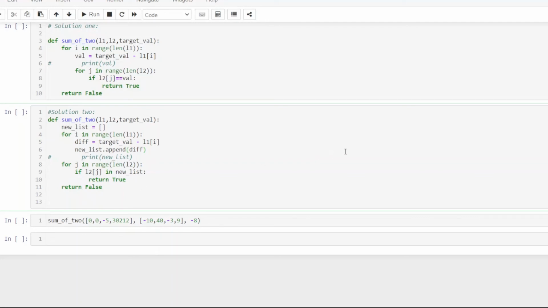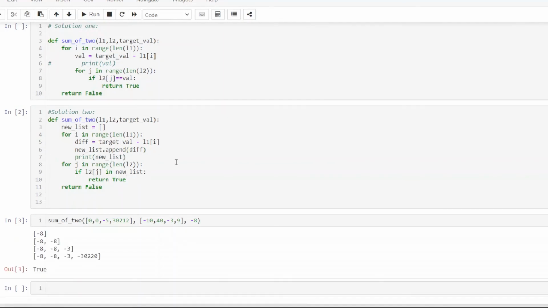So we will run this solution. I will just print the new list so you can understand what we are getting. So we are using the same list 0, 0, -5, 30,212 and second list is -10, 40, -3, 9 and our targeted value is -8.